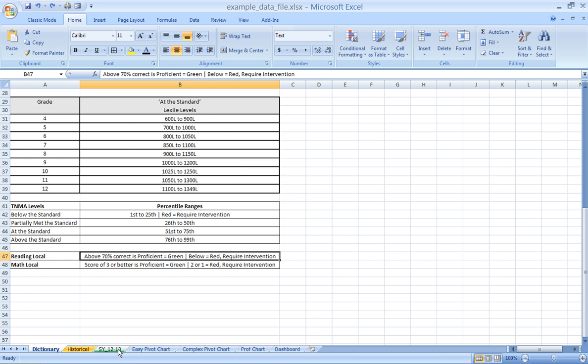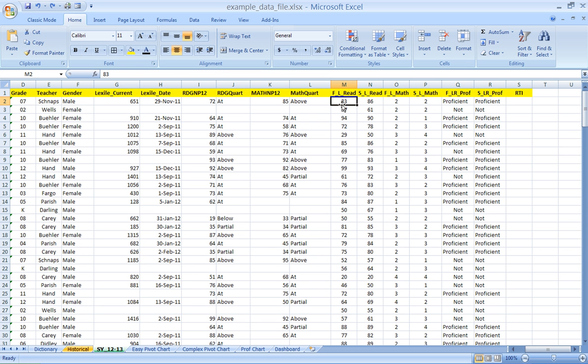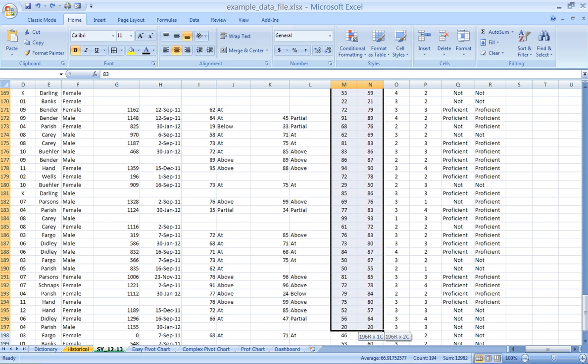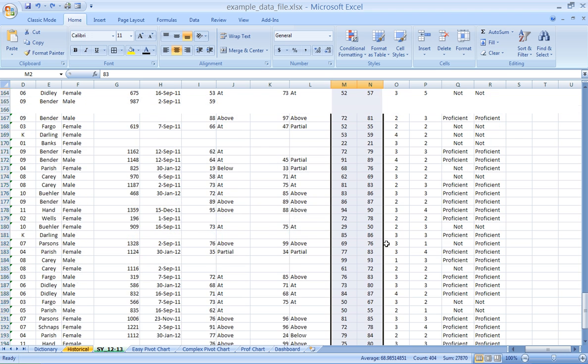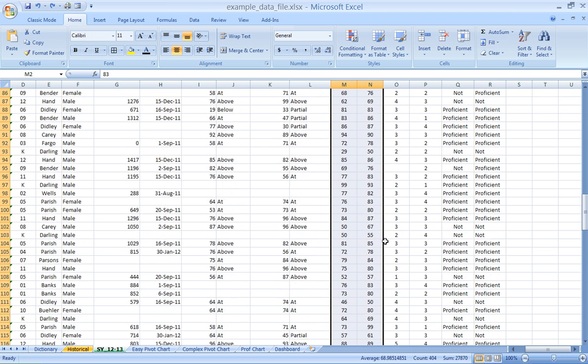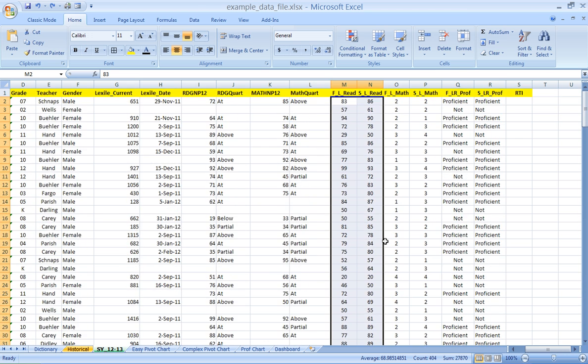So we go back to our school year 12-13 data file. We're interested in our fall local reading assessment. I'm going to suggest that you don't select the whole column, because what happens is your column title will get conditionally formatted. So we're just going to select the data. And we can do this for our two columns because the scale and the benchmark are the same. So for fall and spring,